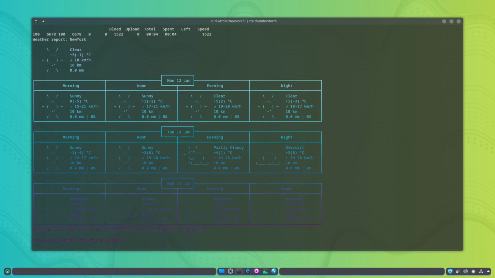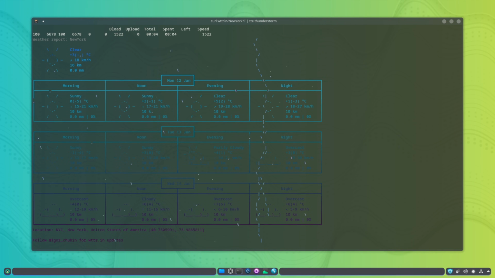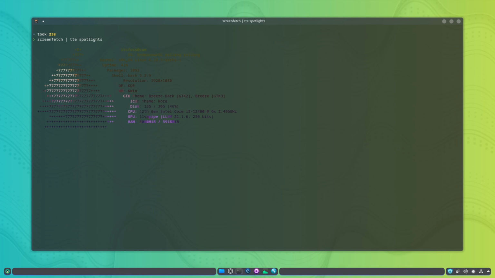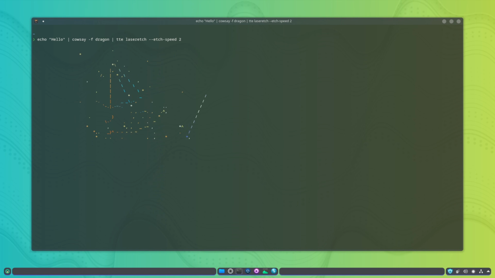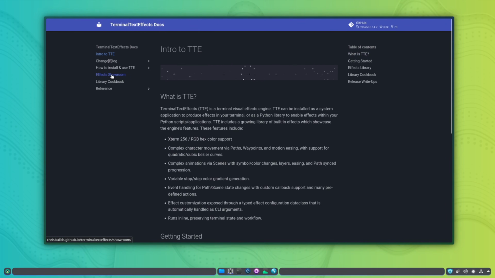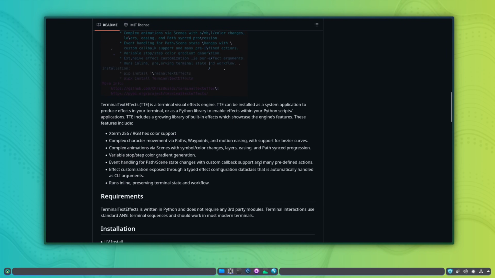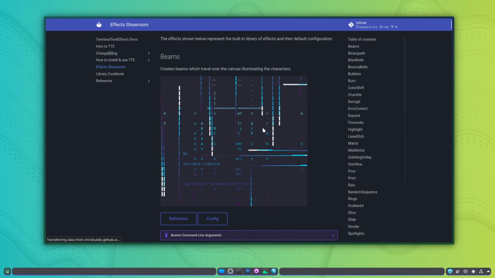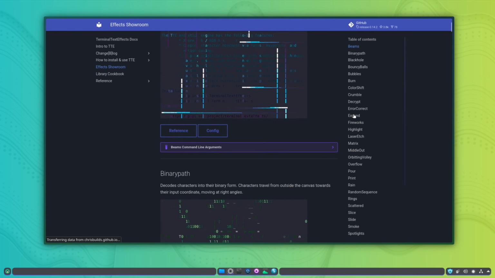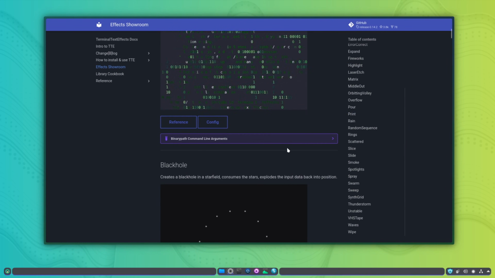Adding a thunderstorm effect to a weather report just feels right. And if the spotlight effect doesn't impress you, how about a full blown laser show in the terminal? At the time of recording this video, there are 35 different effects available. The nice thing is that the GitHub repository and documentation actually shows these effects in action, making it easier to